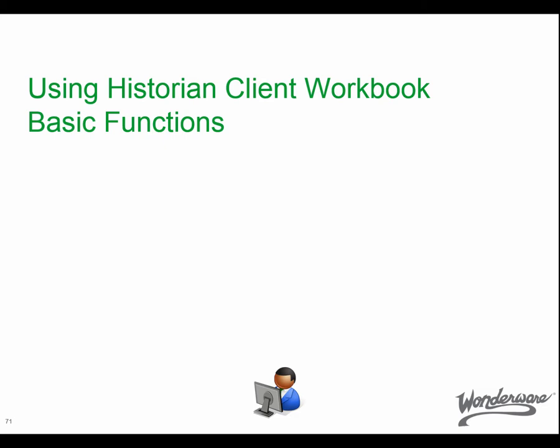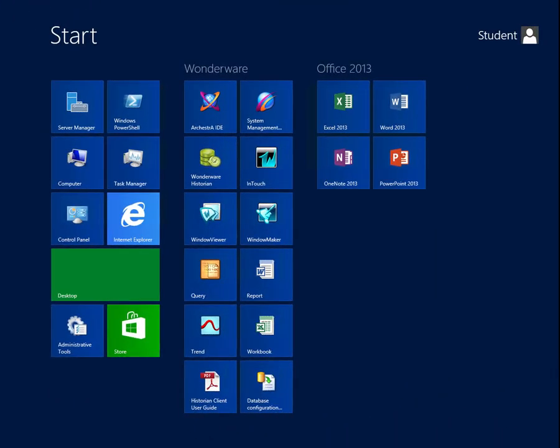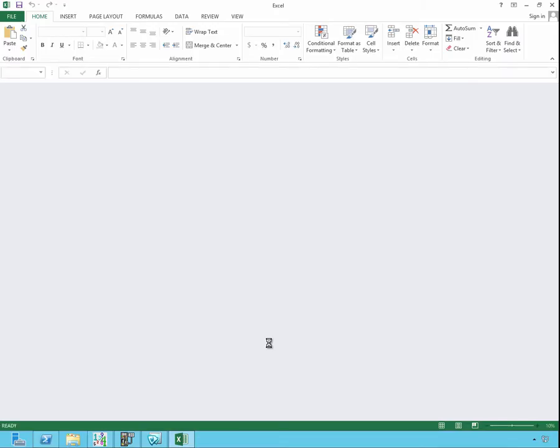Using Historian Client Workbook basic functions. Depending on your operating system, you will have a different way to access the Historian Client Workbook. Here on my Metro UI, I have a tile for it. So I click on it and